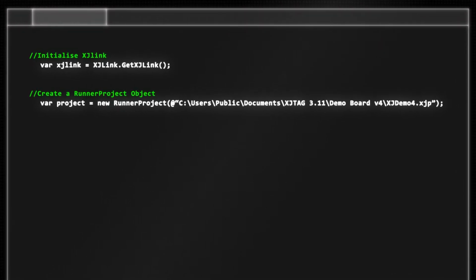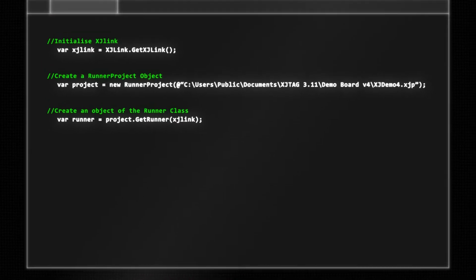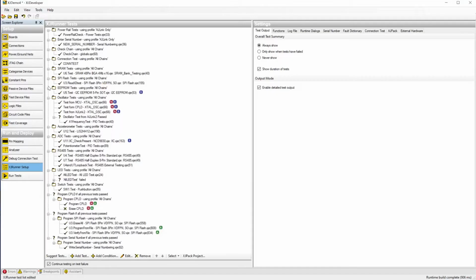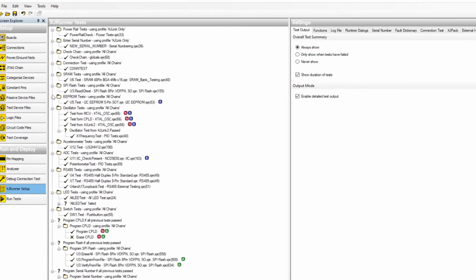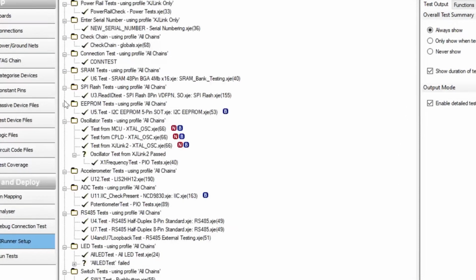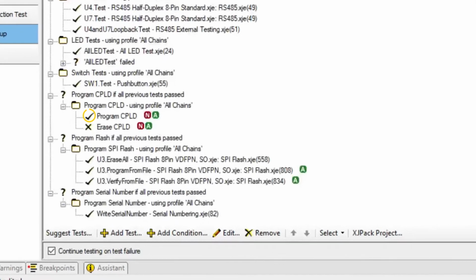You now need to create an object of the runner class, so call runnerproject.getRunner and pass in details of the XJ link you initialized. This is a good time for me to explain about the project's test list. When the tests were created in XJDeveloper, they were added to the test list, but they were also given settings that determine whether they run by default or not.